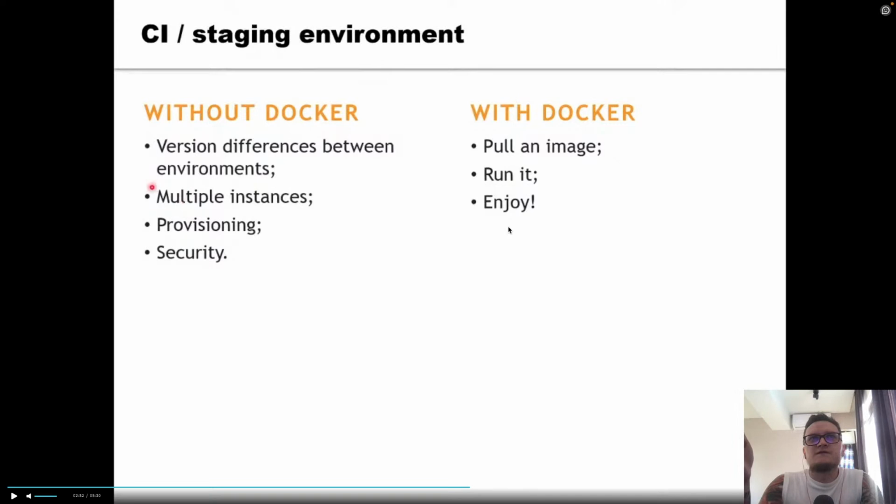That's, I think, one of the biggest upsides of Docker, because you can run anything you want and not adjust your system. Also, Docker is very often used inside CI staging environments.